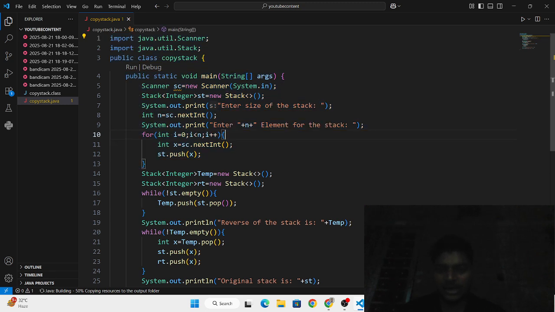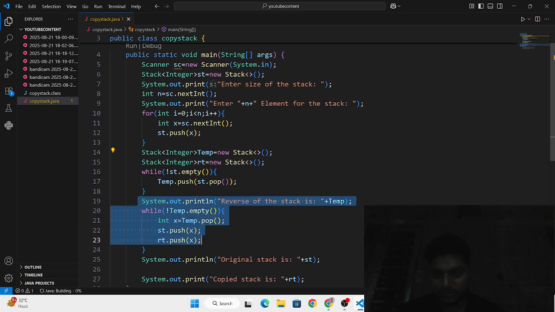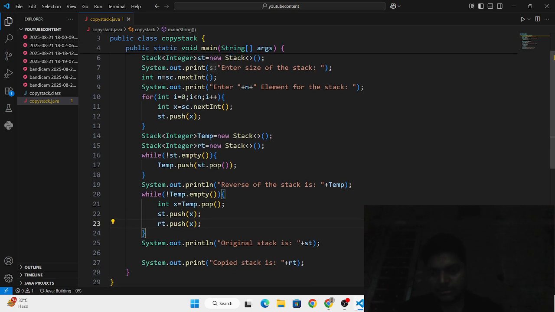And I have created this so that the stack works on the LIFO principle, that is, last in first out. So first, pop an element from st and insert that element in temp in this line of code.